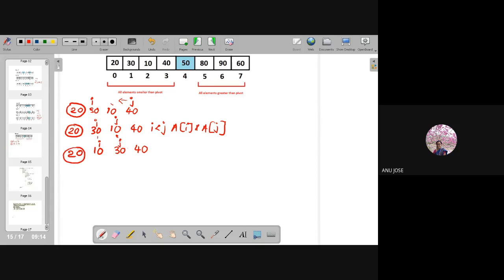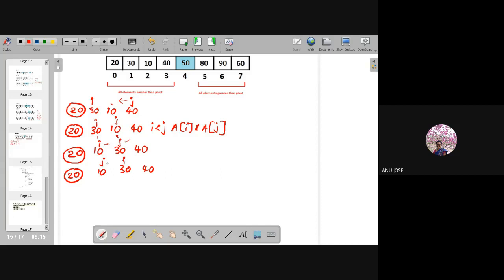Again I am comparing. I currently has a smaller value than the pivot element, so I should increment to the next immediate value. It reached 30. So 30 is a larger value than 20. It has to stop. So in this case, 20, 10, 30 and 40. I has increased to the next value. So I reached over here, and J was holding 30 as the value, which was a higher value. So it should decrement. So J reached over here and it finds a smaller value, sorry, that is 10. So in the jth location it finds a smaller value.